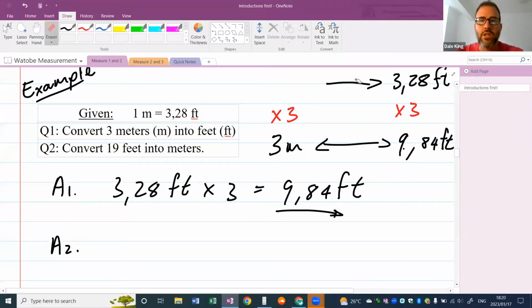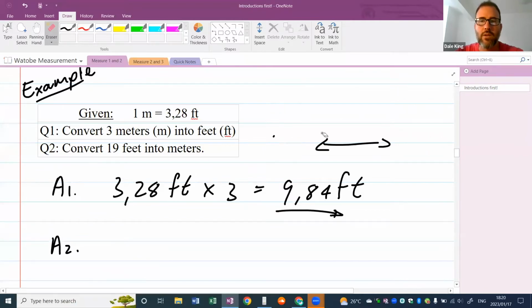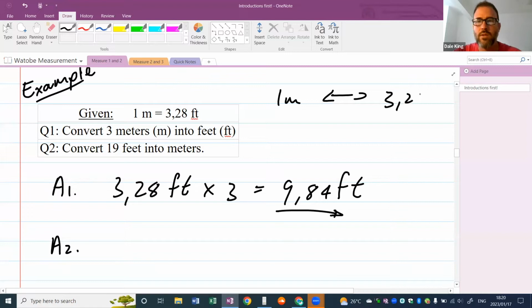Now, how does this change things? 19 feet need to become meters. Well, if I use this way of looking at it, I'm going to show this method a couple of times, and then I'm going to just use the normal calculation. If I have 1 meter, and that has a relationship with feet, and that it gives me 3,28 feet,